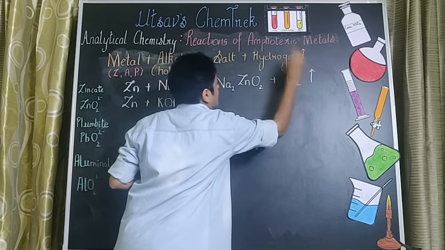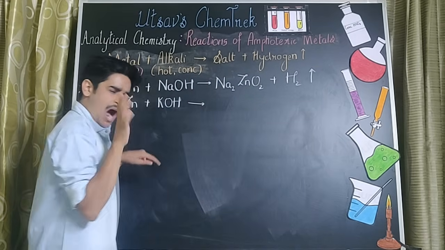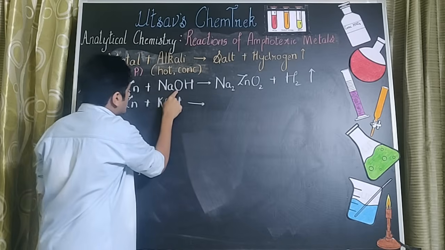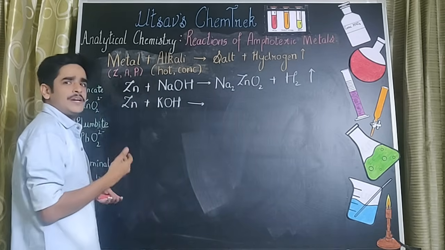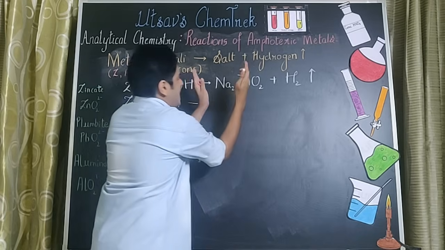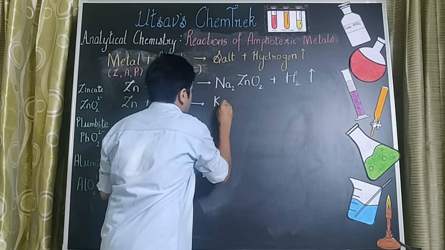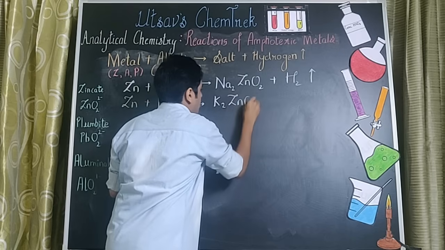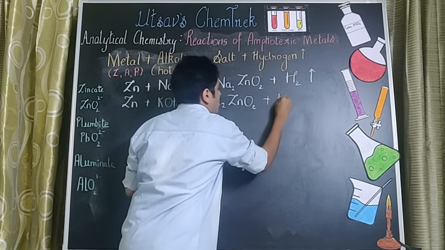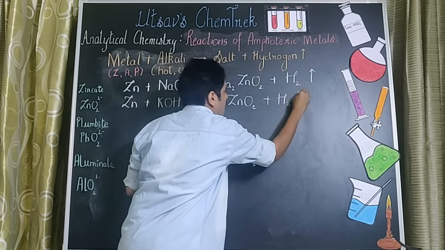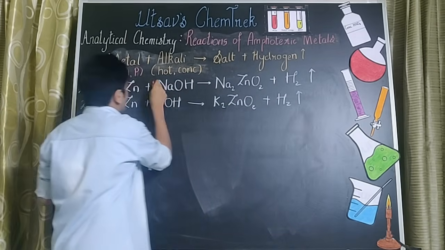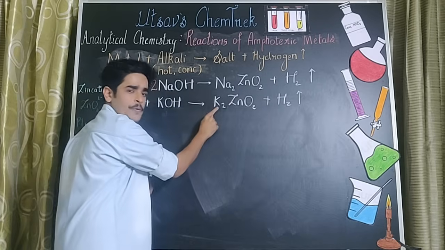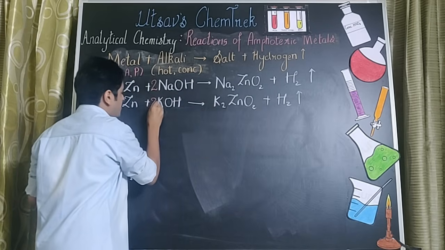Since it's the gas, I'm indicating it by the upward arrow. Understand that when I use sodium hydroxide, I get sodium zincate. So when I use potassium hydroxide, I'll be getting potassium zincate. Na2ZnO2 की जगह पे I'll be getting K2ZnO2, and again the liberation of diatomic hydrogen given by the upward arrow. Balancing दोनों equations के लिए same है. यहाँ पे 2 सोडियम है, so 2 NaOH, 2 पोटेशियम है, इसलिए 2 of KOH.